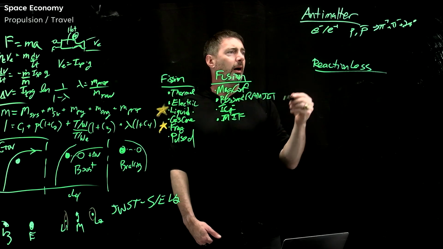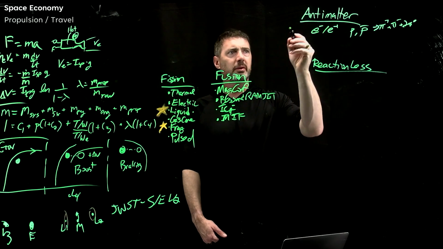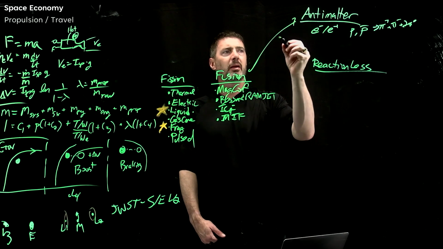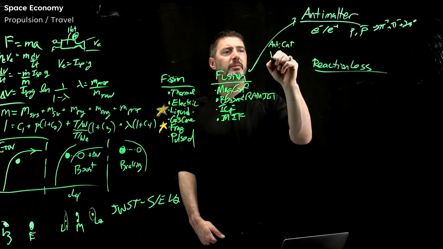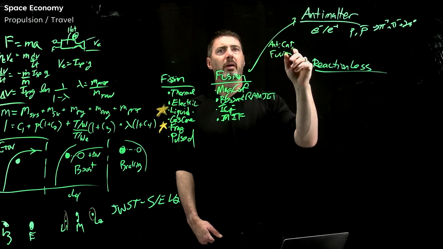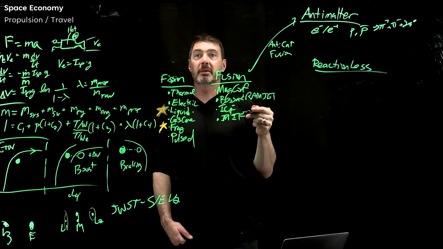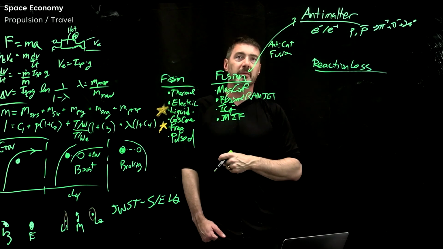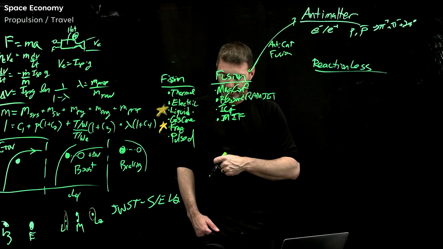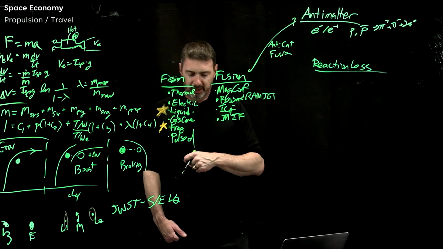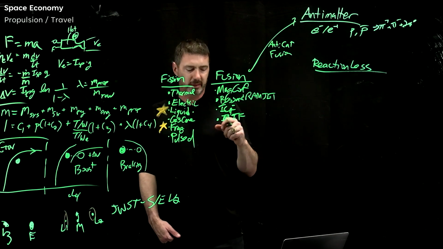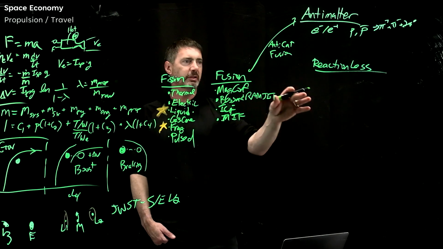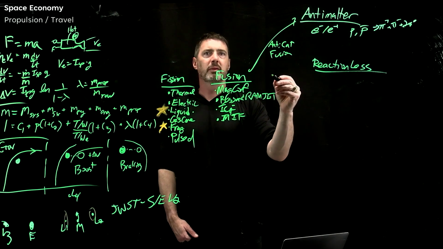Okay, and then there's sort of a blending of the two. So there's a blending here where you have antimatter catalyzed fusion, where you use it to help achieve the temperatures that you need for fusion. So pretty interesting. Okay, and I want to highlight a couple different things. Some challenges, and then I'll sort of finish up with reactionless stuff. So right here in the middle,